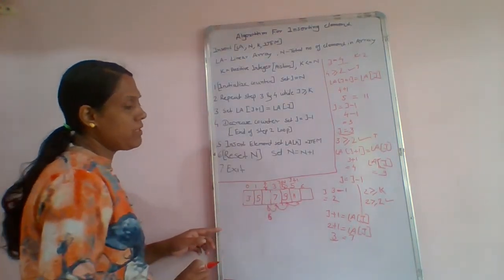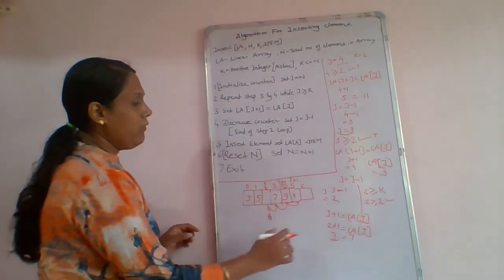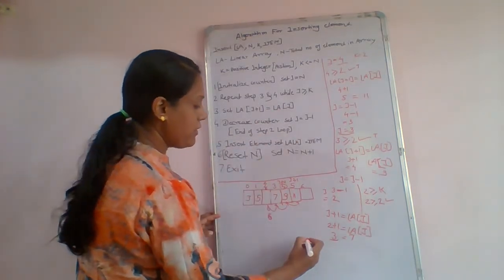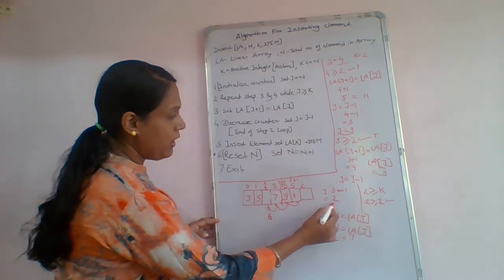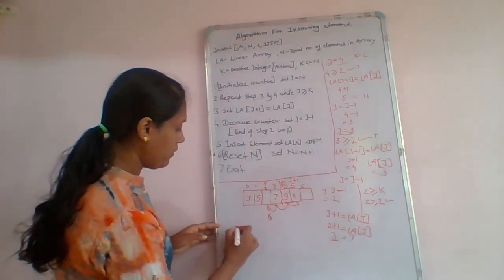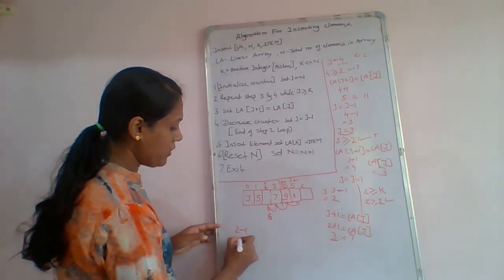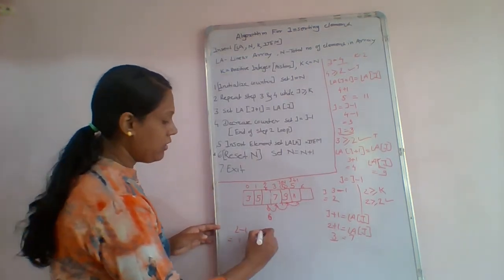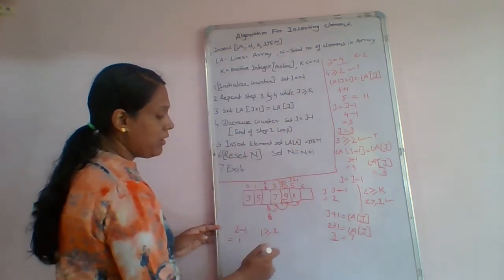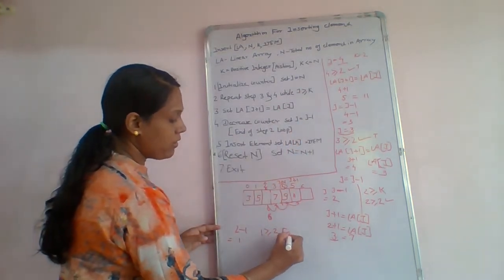So in this place, what do we want to do? Again we go to the next step. Set j equal to j minus 1. So what is our j now? j is equal to 2. 2 minus 1 is equal to 1. We'll check: 1 is greater than or equal to 2. That is this condition. The condition becomes false.